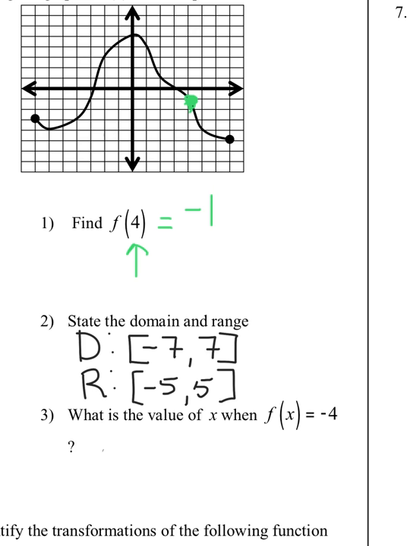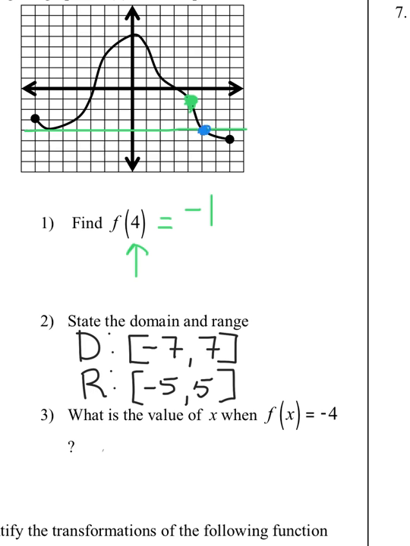This basically means, what is the value for x when y is -4? So we look to our graph to see what the value for x is when y is -4. The green line that I've drawn is all the values when y is -4. So we have a couple places on the graph where that happens, where the graph crosses this y equals -4 spot. Right here